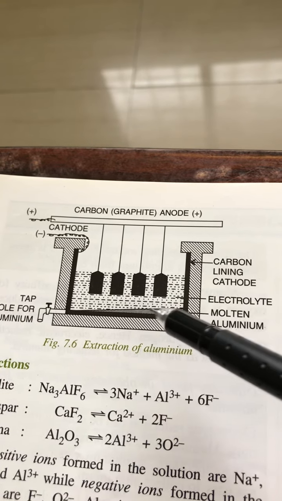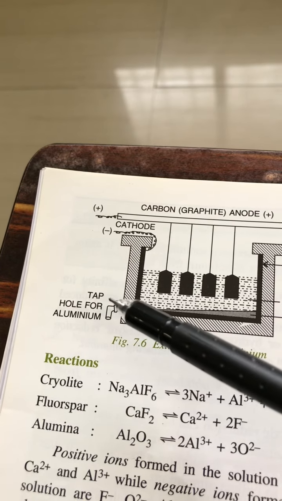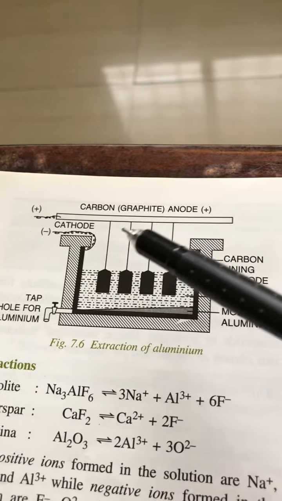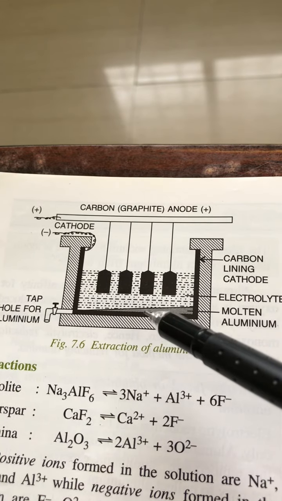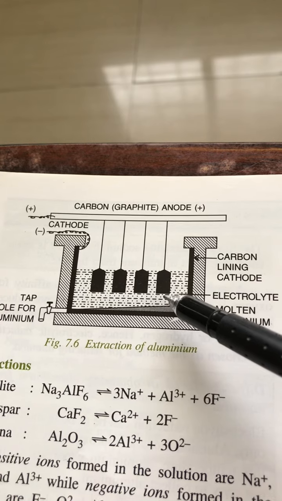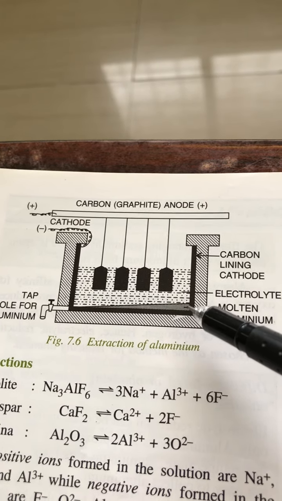That is the cathode, this carbon lining. And here we fixed one tap, that is the tap hole for aluminium. So once you start the current in this electrolytic cell, aluminium melts and is deposited at the cathode, and from there